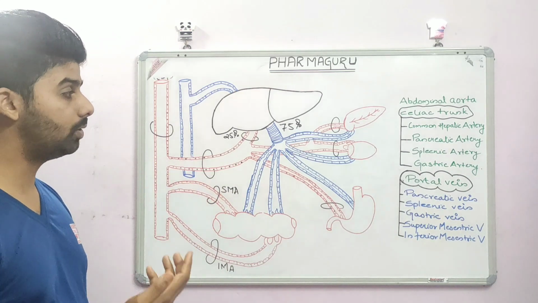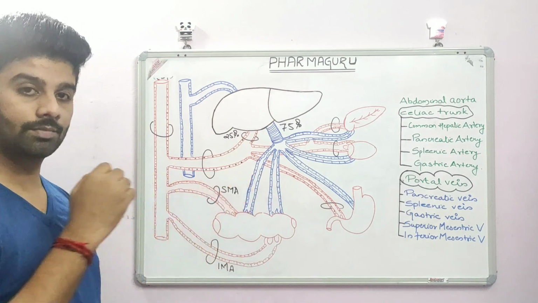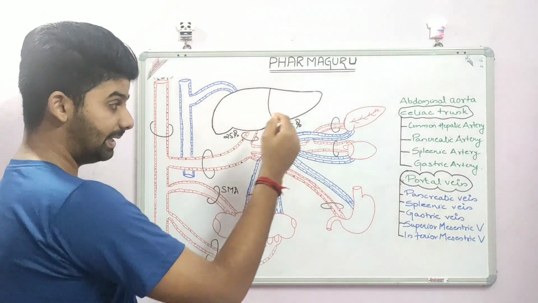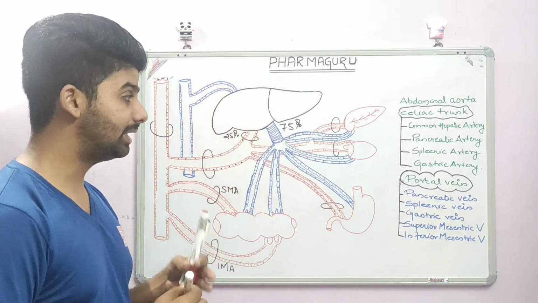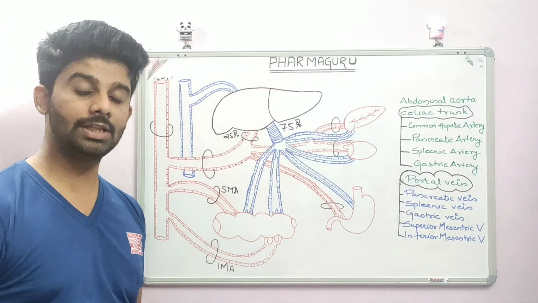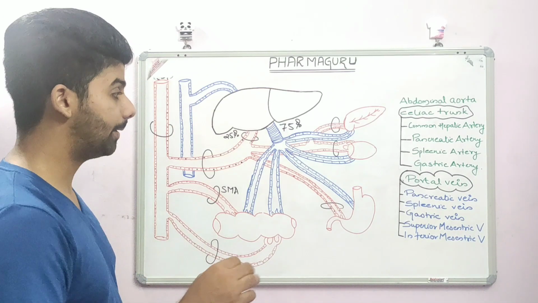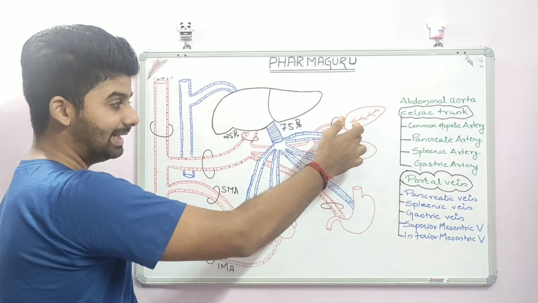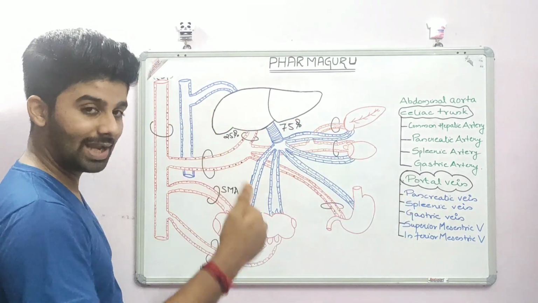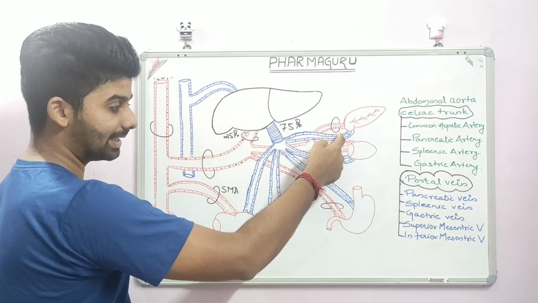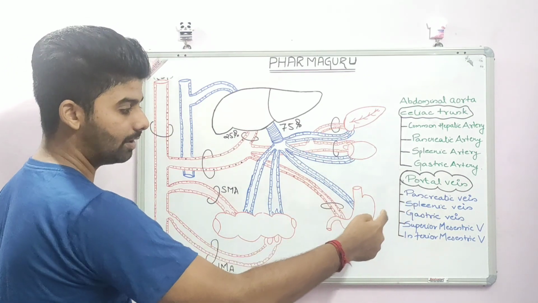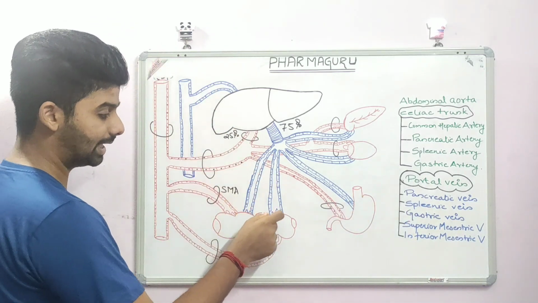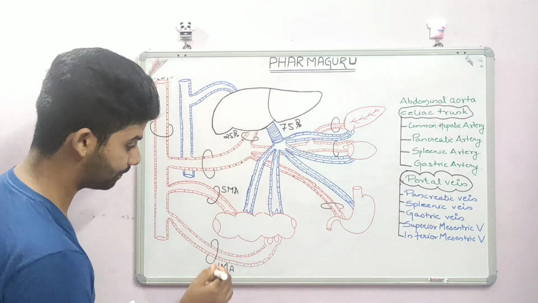Now we will move on to how the portal vein system acts. First, we will start with the pancreas. The pancreas, we know, is an organ that makes a lot of hormones, including insulin, glucagon and somatostatin. Whenever these hormones are released from the pancreas, they enter the pancreatic vein. See, the vein that arises from the pancreas is the pancreatic vein, from the spleen is the splenic vein, from the GIT, that is the stomach, is the gastric vein, and the veins that arise from the intestine. See, this is the intestine.